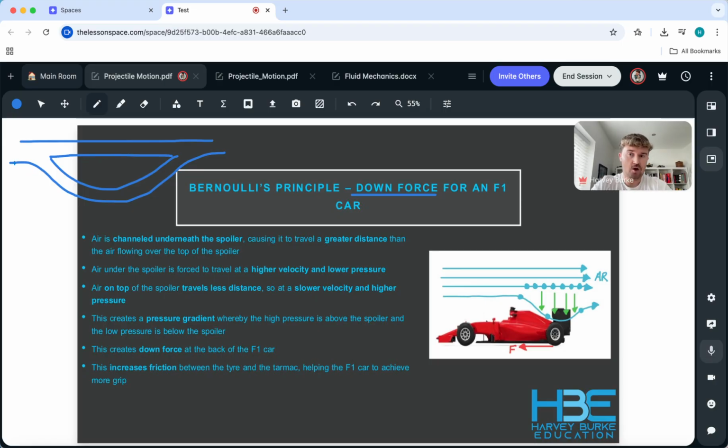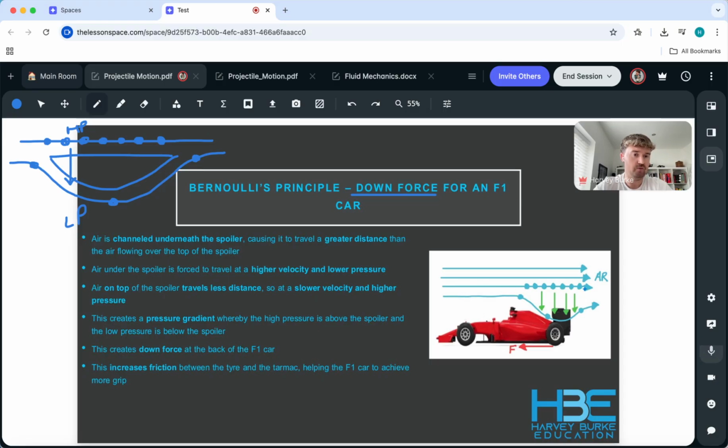And therefore, this time, the air travelling underneath the object is travelling a greater distance at a faster velocity, but a lower pressure. And then the air travelling above the shape is travelling less distance, therefore at a slower velocity and a higher pressure. So you've got the high pressure above and the low pressure below this time, and that creates a downforce. So this is the reason why F1 cars have spoilers, because you've got a load of air